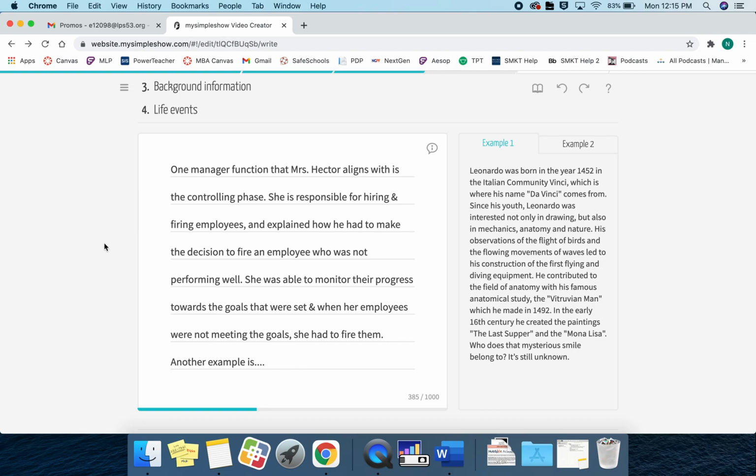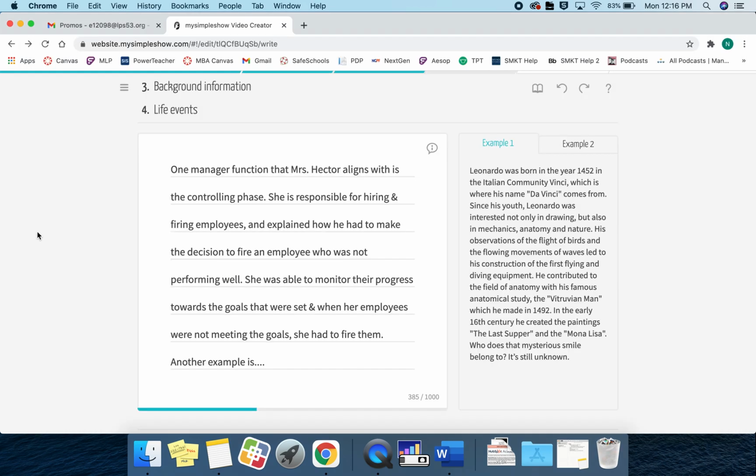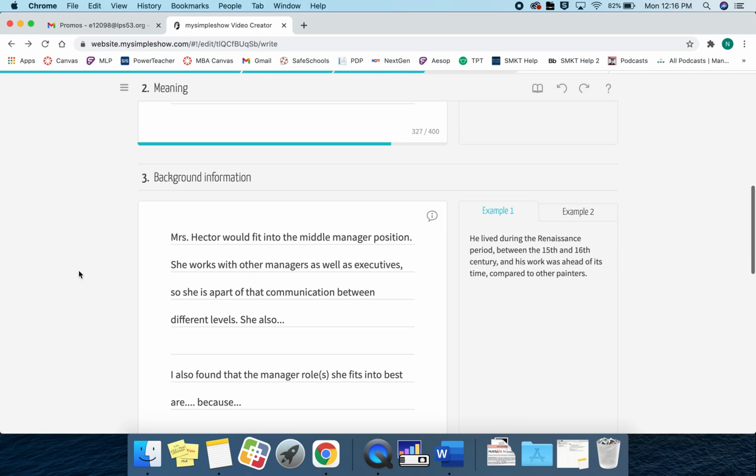On the next slide, I went into manager functions. I chose to do this one by itself because I'm talking a little bit more about it. I said one manager function that Mrs. Hector aligns with is the controlling phase. And then in a little bit more detail, I explained what I had written on this Word doc when I analyzed that interview question or answer. I wrote down a sentence or 2, and then I just expanded it a little bit more, made it a little more professional sounding. And then I ended,